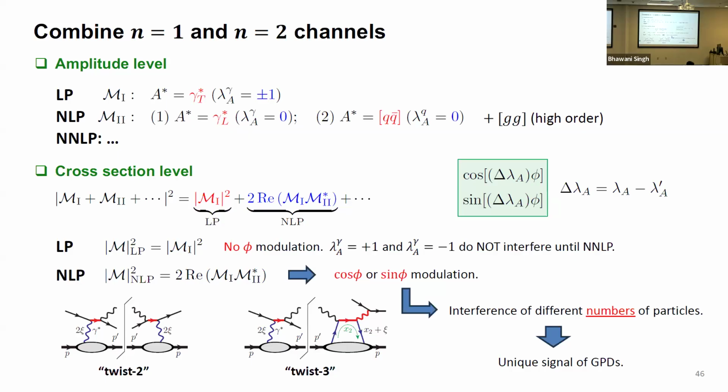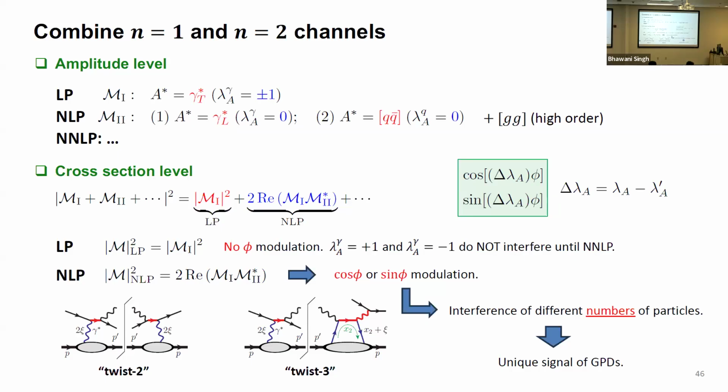And the interference between the leading power and next to leading power is then, at the next to leading power, given exactly by the interference of a virtual photon and a QQ bar. And this interference generates a cosine phi and sine phi. Why this is interesting is because we have an interference pattern that we do not see in non-relativistic quantum